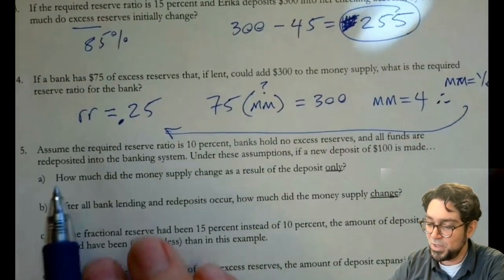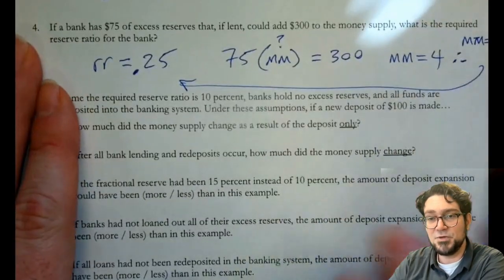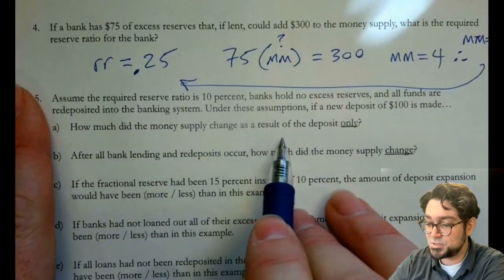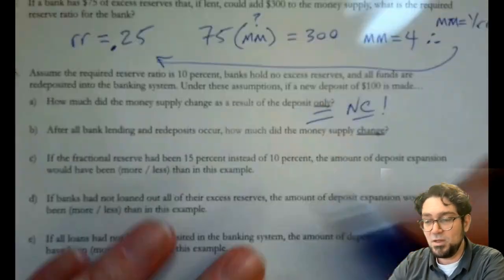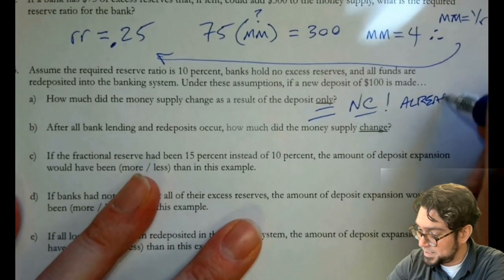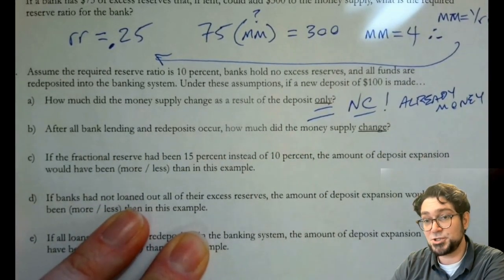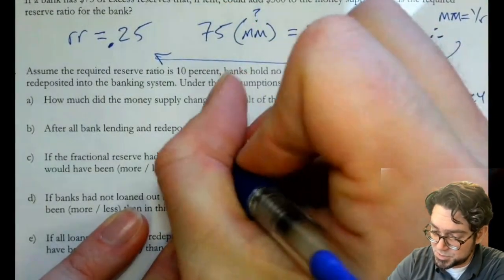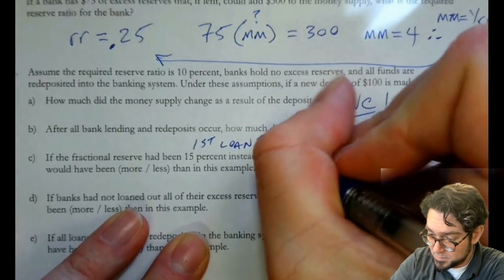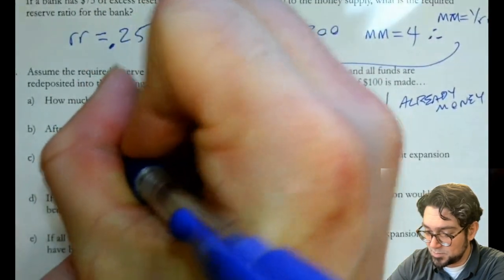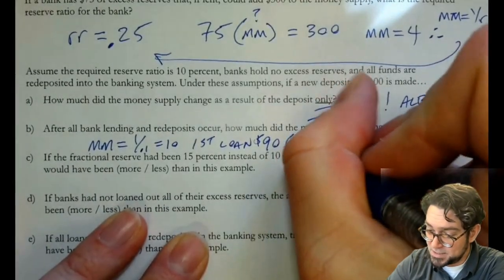It's the reciprocal. Assume the required reserve ratio is 10%. The banks hold no excess reserves, and all funds are redeposited. If a new deposit of $100 is made, how much does the money supply change as a result of that deposit only? No change, it's already in the money supply. Already money. But after all the bank lending and redeposits happen, how much could change? Well, let's just do it this way: first loan of $90 times the money multiplier, and the money multiplier is 1 over 0.1, so that's 10. And so 90 times 10 is